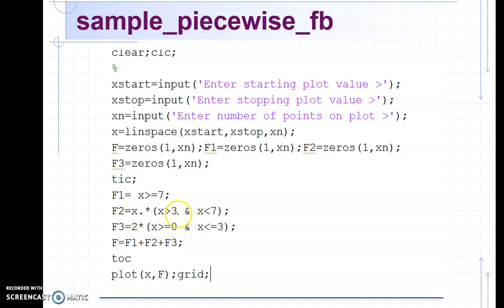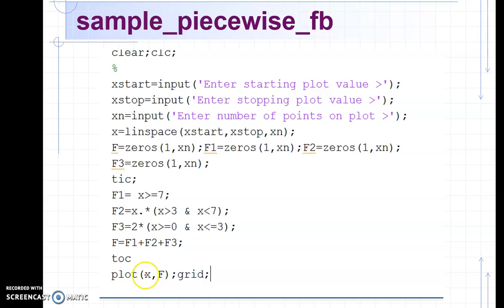So the only ones that aren't 0 will be the ones where that's true, and then they'll have the value x, whatever I multiply by. Same thing here. When the x is between 0 and 3, the rest of them will be 0. I'll get 2 times 1 or 2 times 0. And then if I simply add those up, since there's 0 anywhere that's not true, I'll just be adding up the parts that are true. Here's a little function. If you want to time how long it takes internally to do something, you've got a little clock called tick and tock. Tick turns the clock on, tock turns it off, and without a semicolon, it prints you the time that elapses